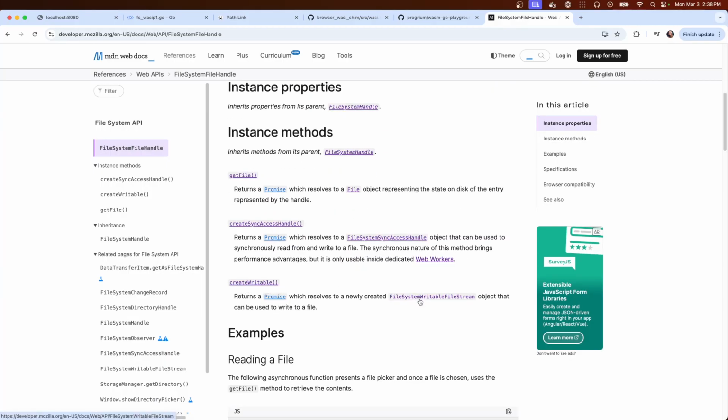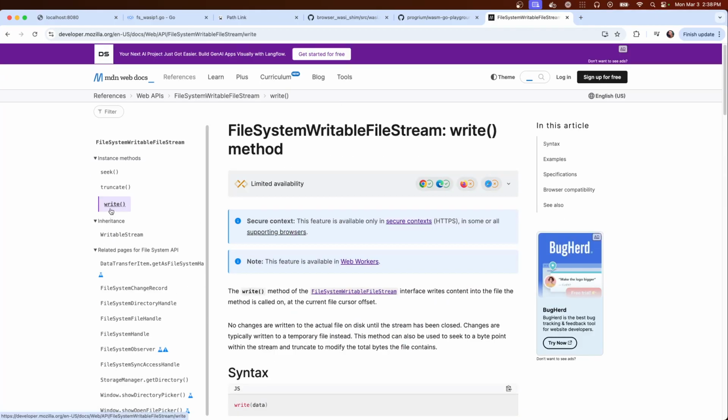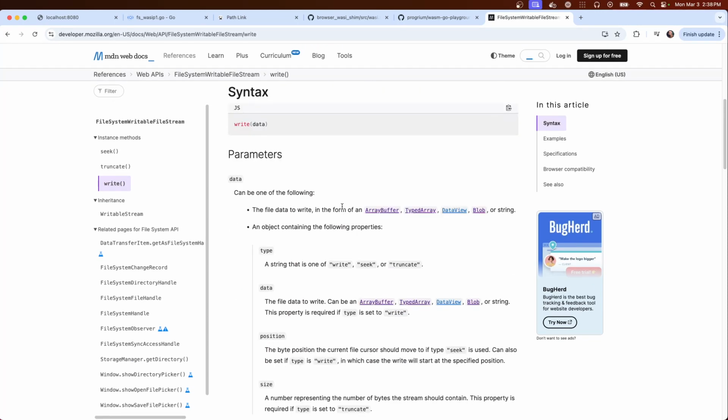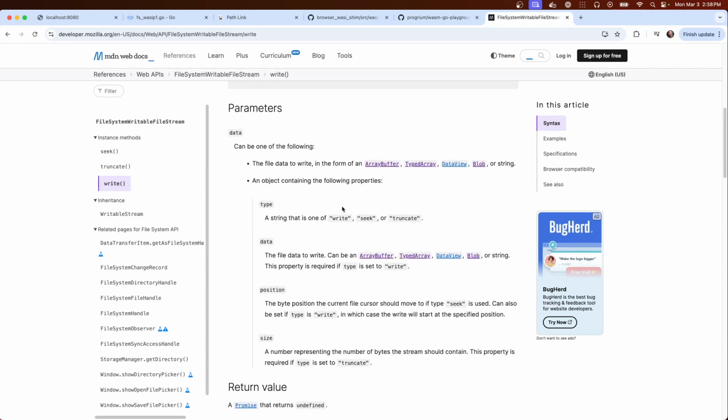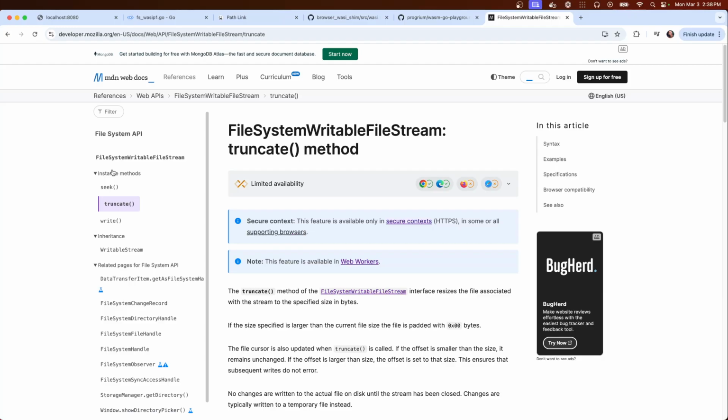Oh, it's a file system writable file stream. It's slightly different. Limited availability, oh boy. But it's a very weird API.